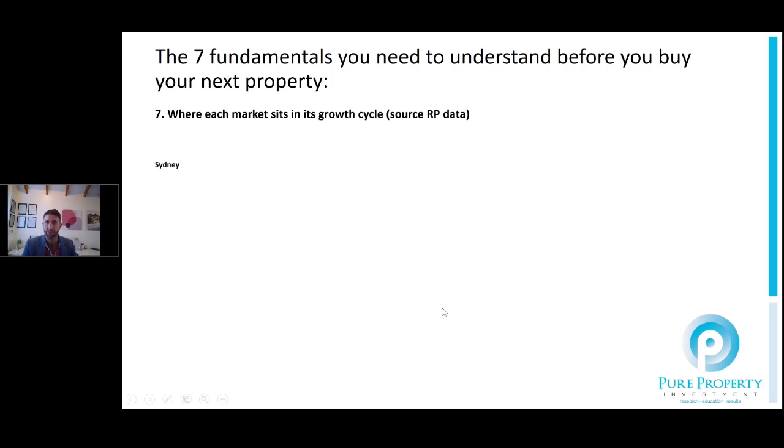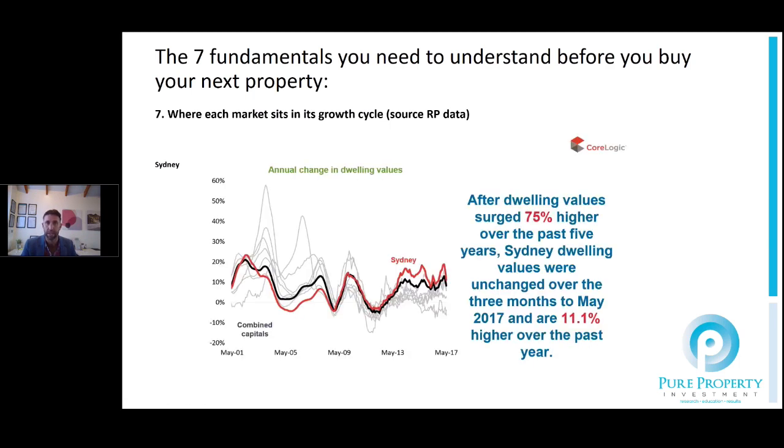Now, if I look at Sydney firstly, and this is obviously brought to you by CoreLogic and their specific data, if we look at annual changes in Sydney dwelling values over the last 10 years, and I'm just going to bring up another slide, so I've got some notes on that side of things as well, you can see quite clearly here that Sydney is the red line, and the black line is the national average, or combined capital averages. Sydney has probably been an underperformer between 2004 and 2009, as I said a little bit earlier. Then it's kind of been the determining factor, given Sydney's the biggest city, it's going to have a huge influence on the national averages.